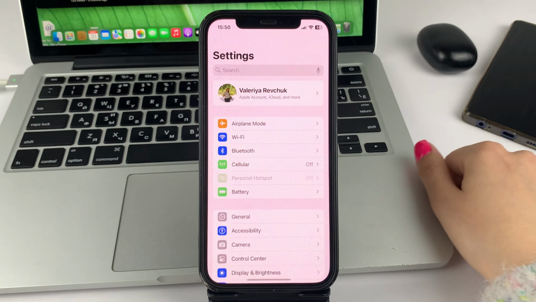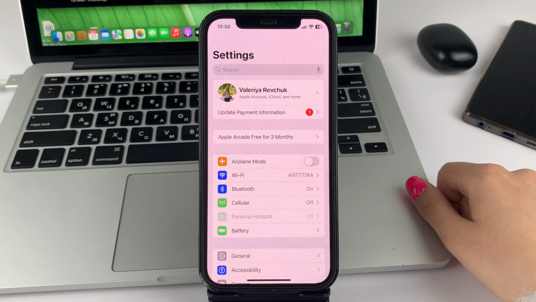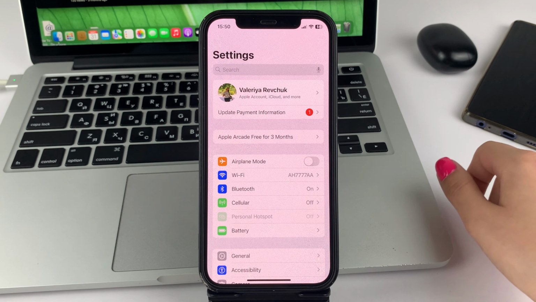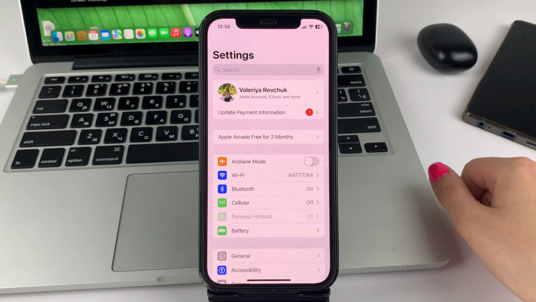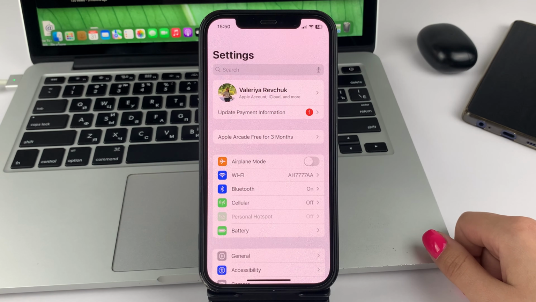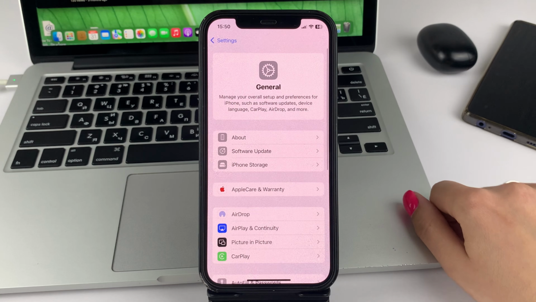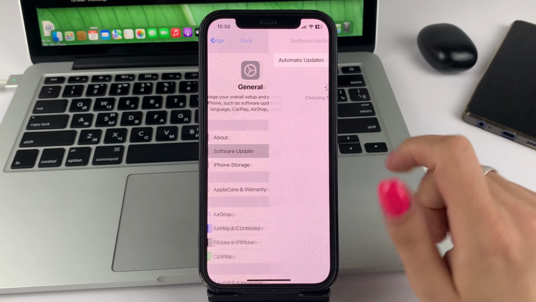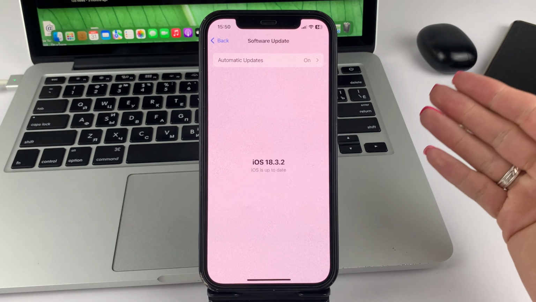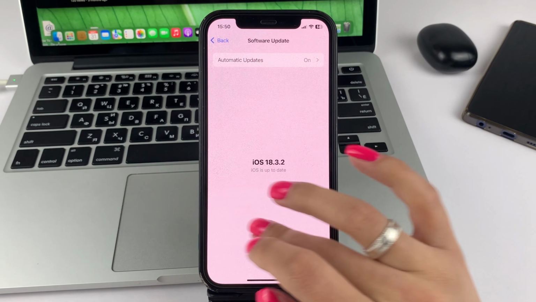First of all, please open up the settings in your iPhone. And first of all, I recommend that you see if your iPhone is updated to the latest version of iOS 18.1 or 18.2, the version that's available in your region. To do this, in Settings, go to General, then select Software Update. And if you have the option to update here, please do. After this, go back.